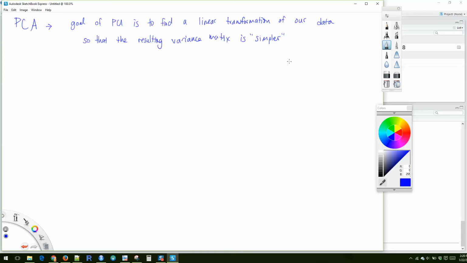By simpler, what we mean is that just a few of the components in our variance matrix carry most of the variation. So that most of the variation lies with just